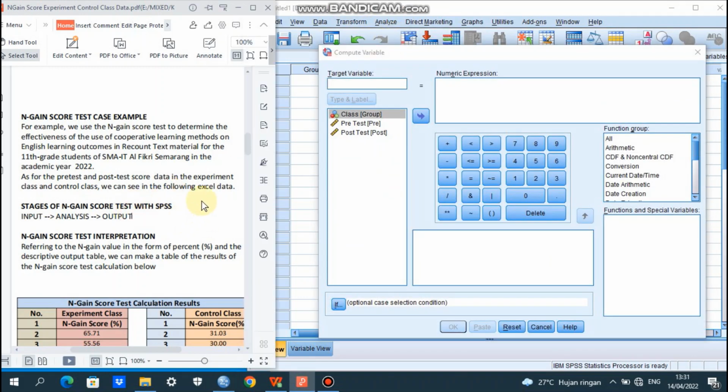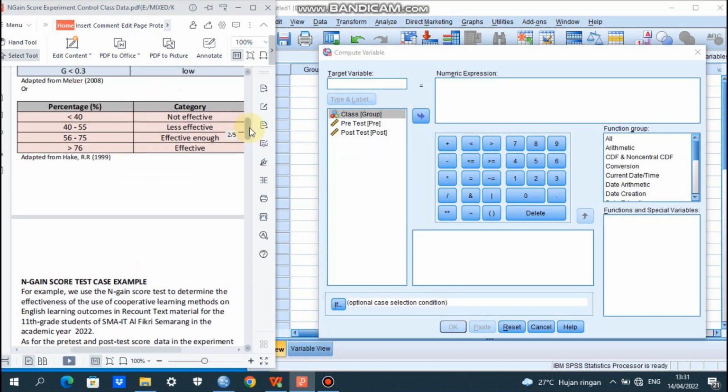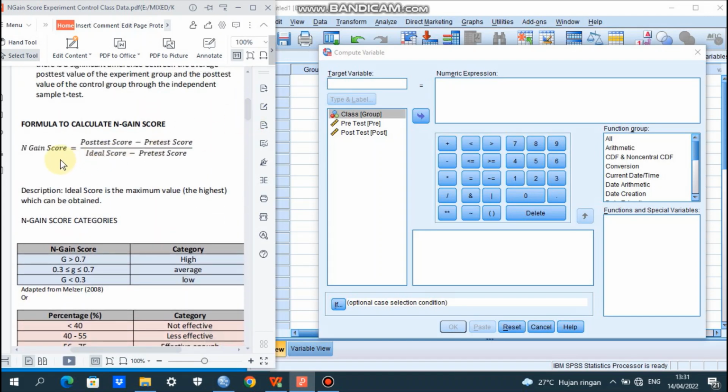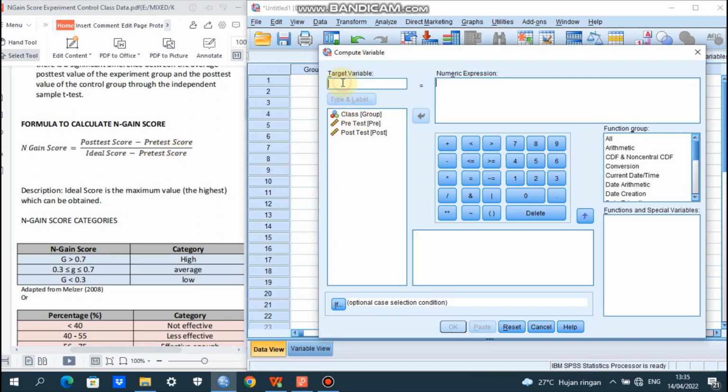Okay, so we back to the formula. Okay, from the formula we can see here N-gain score is equal to post-test score minus pre-test score divided by ideal score minus pre-test score. So the first step, we are going to find the variable for post-test scores minus pre-test scores.